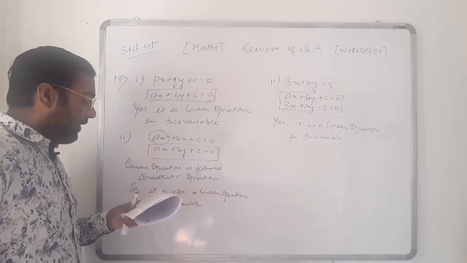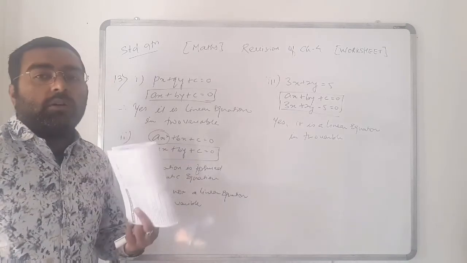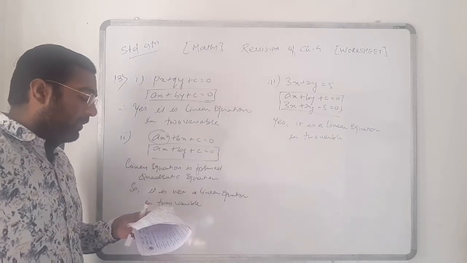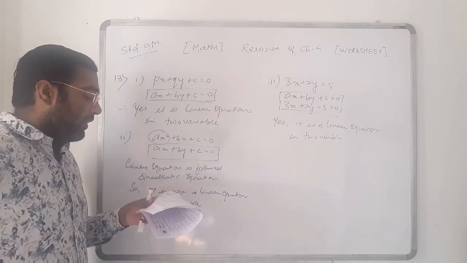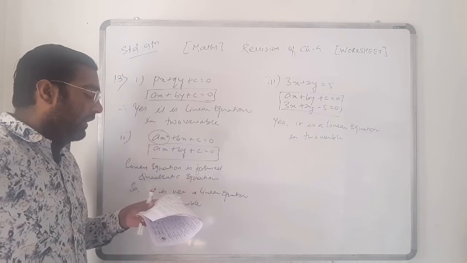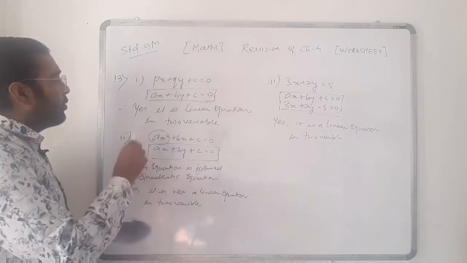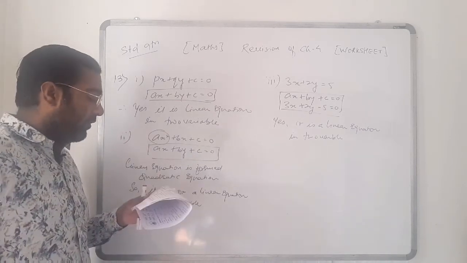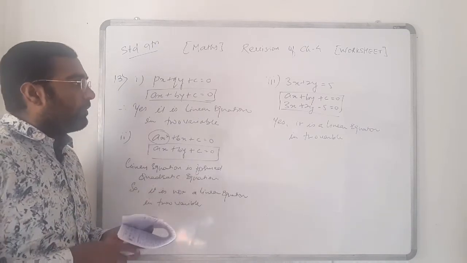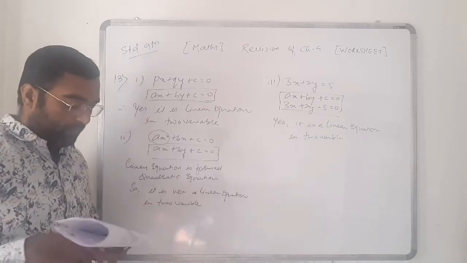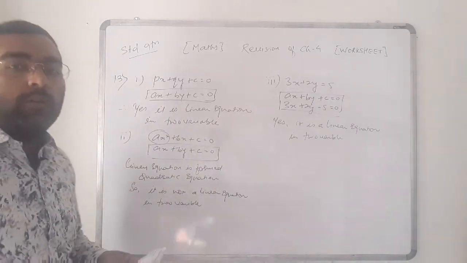Now question number 14. One of the solutions of the linear equation 4x minus 3y plus 6 equal to 0 is, here are the options given: 3, 2; minus 3, 2; and minus 3, minus 2. So we should take each and every option to check whether its answer is equal to 0 or not. Clear? So for that you should note down this question 13 first, then we are moving to question number 14.